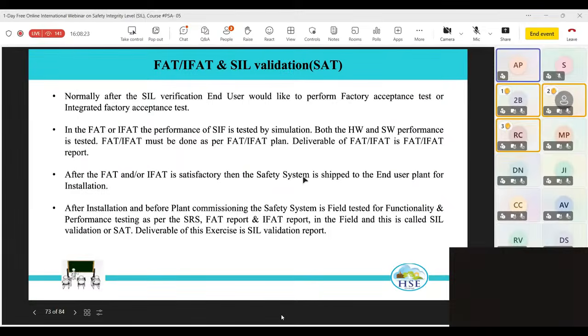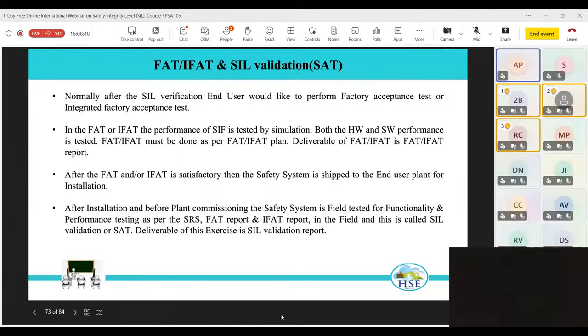FAT, IFAT, and SIL validation. As you know, in the life cycle of IEC 61508 and 61511, these steps are also important: FAT, IFAT, and validation. After SIL verification and all these things are done,